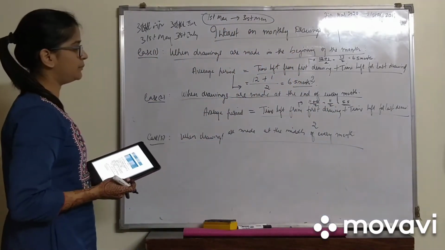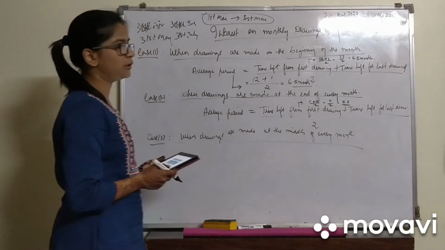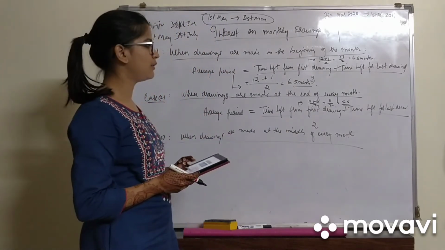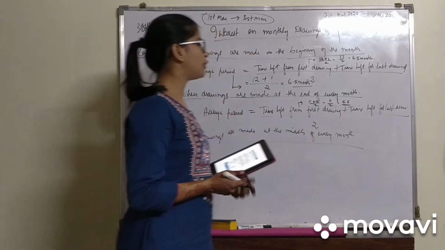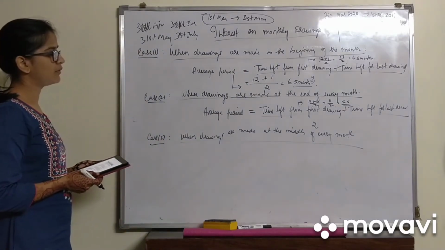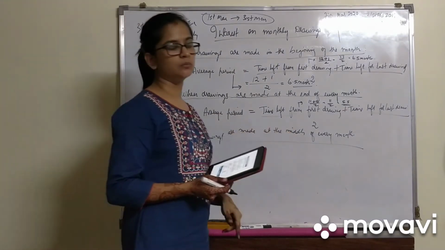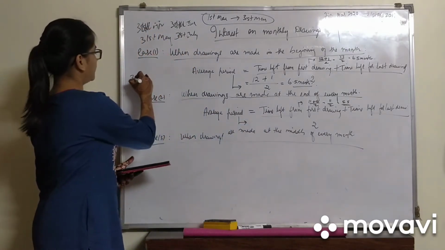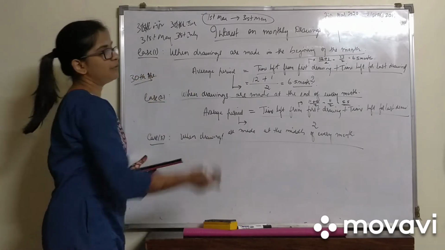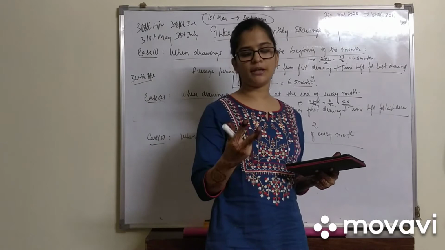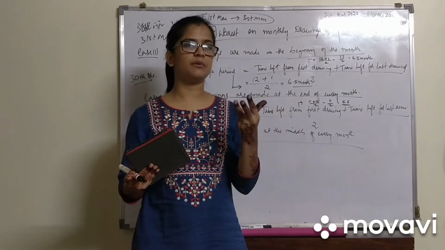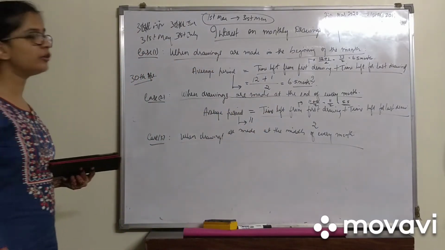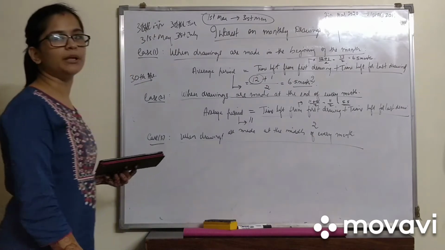So under that the formula will be, write down, average period is equal to time left from first drawing plus time left from last drawing divided by 2. So how much time is left from the first drawing? We will withdraw it on 30th April. So April month will not be calculated. May, June, July, August, September, October, November, December, Jan, Feb, March. So 11 months. When it was beginning of the month it was 12 months because we included April as well.